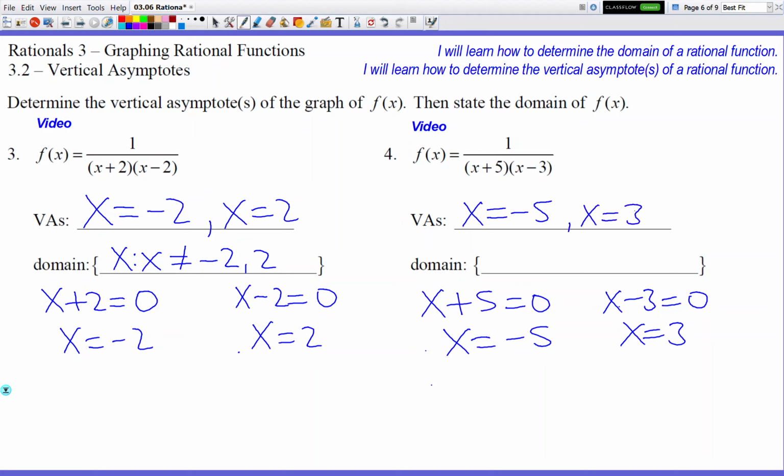All right, and then for your domain, now you can write it as a single, I guess, combine them together, I guess. So -5, 3. All right, okay, so that's it. Hopefully this made sense. And in the next lesson, I'll teach you more about how to graph another part